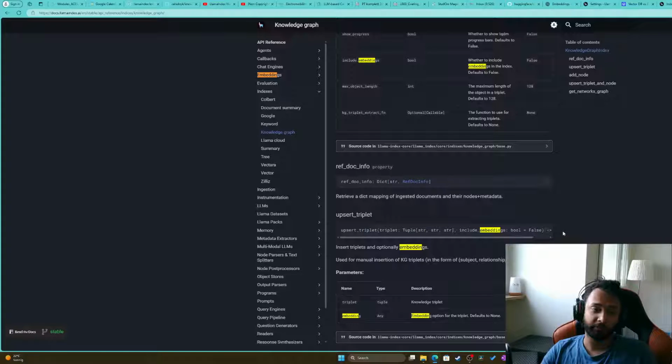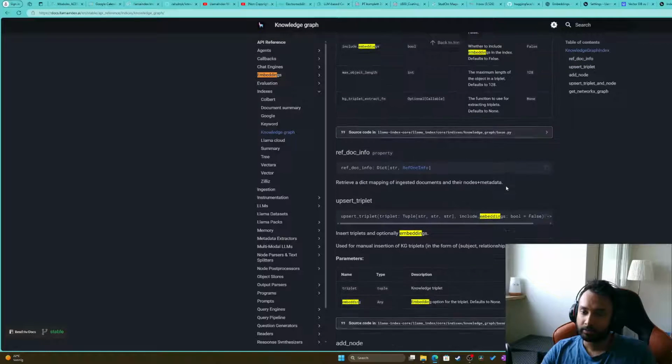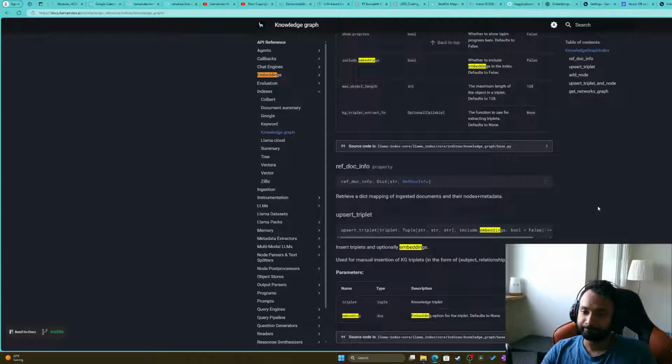If I have to know for sure, I have to go back deep into the documentation and into the code to find out. Knowledge graphs based on PY. Sort triplets. Property retrieve a mapping of the